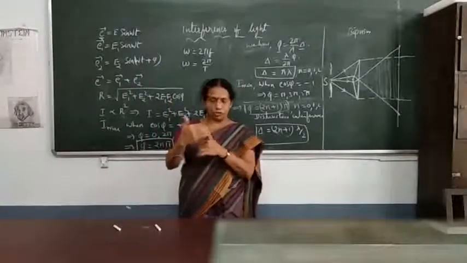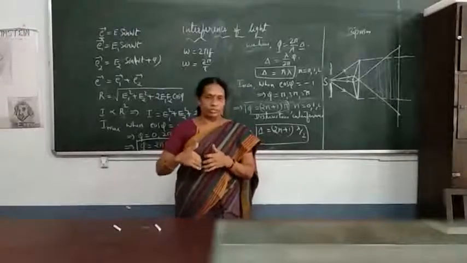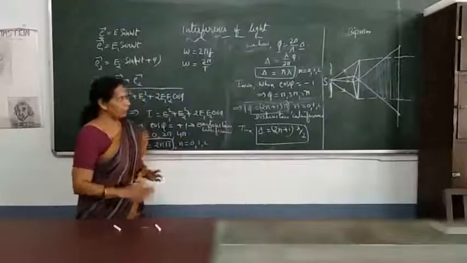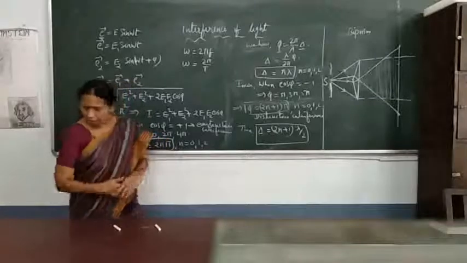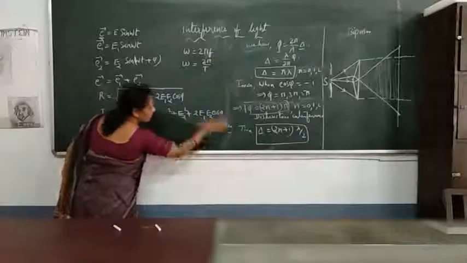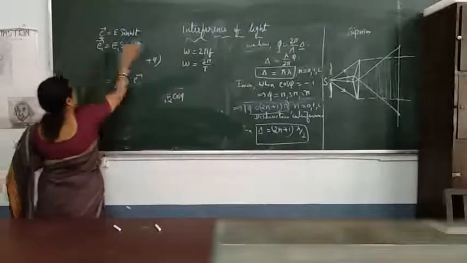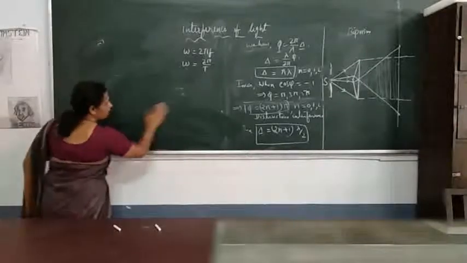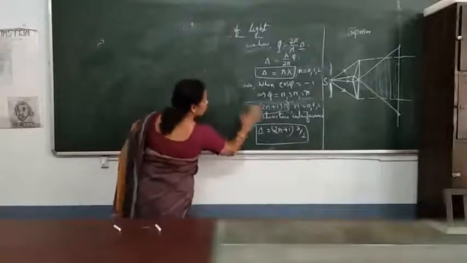The sources should be coherent, that is one condition, among other things. And these coherent sources satisfy all the required conditions to produce the sustained interference pattern. And this is about interference. Whenever an interference pattern is produced on the screen, we see alternate bright and dark bands on the screen. For the first time, this interference phenomenon was demonstrated by Thomas Young using his